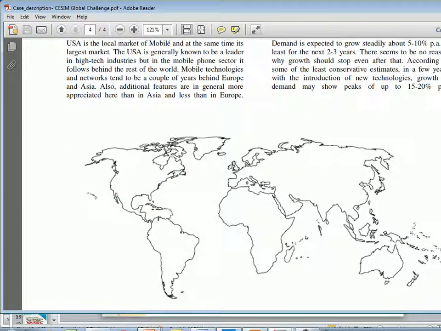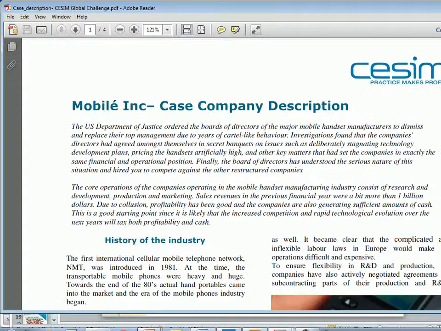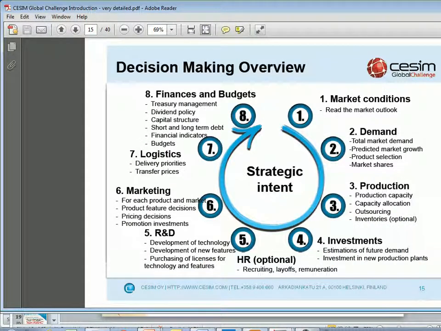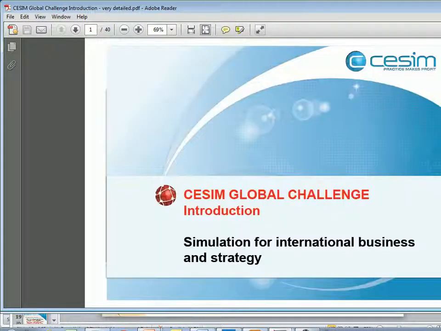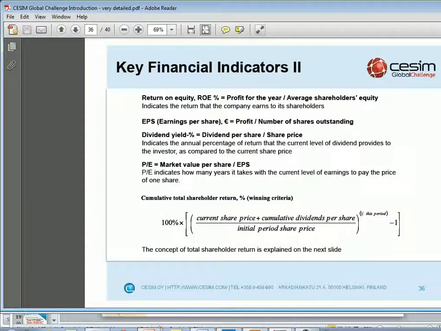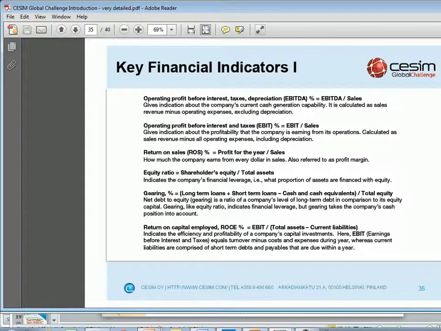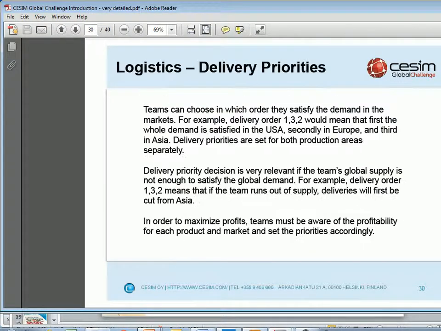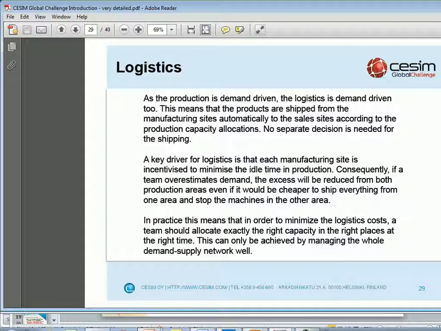Okay, ladies and gentlemen, thank you very much. I think that, yes, I've covered this entire 4 pages. If you have any further questions, I'm afraid that that's all the information that's provided for the simulation here. There's, I think, some really good information here in the very detailed package provided by CESIM. Okay, and in many cases, ladies and gentlemen, you're just going to have to try your very, very best. And that's why we have these practice rounds. So very good luck. Hope your teams work